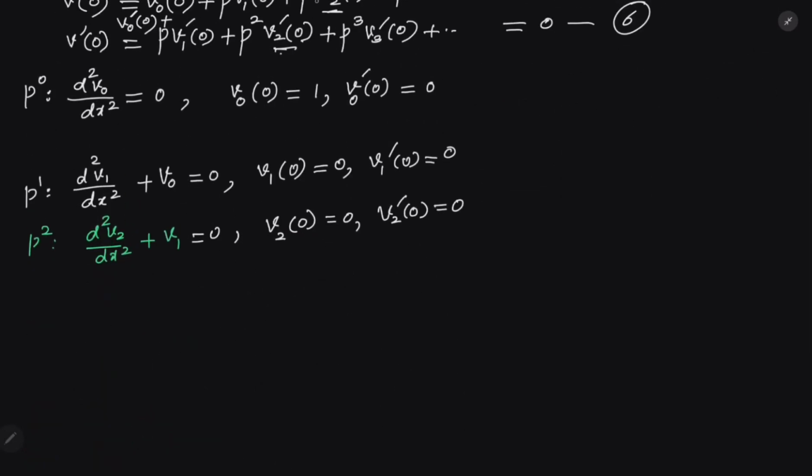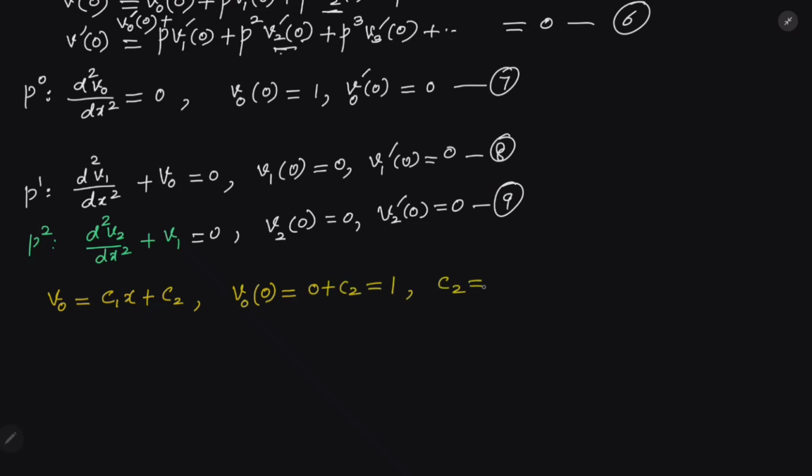Okay, we solve equation number 7, equation number 8, and then equation number 9. Although it is taking time, we will understand this concept. When I integrate equation 7, we get V naught is equal to C1x plus C2. Using initial condition, V naught 0 is C0 plus C2 is equal to 1. So C2 is equal to 1. So V naught is equal to